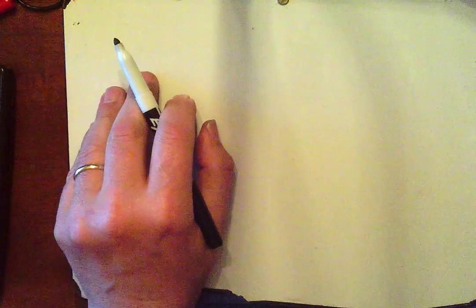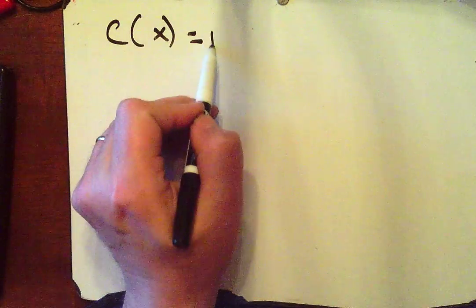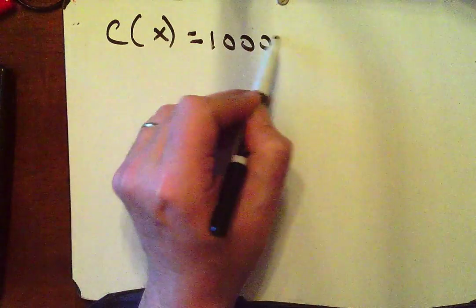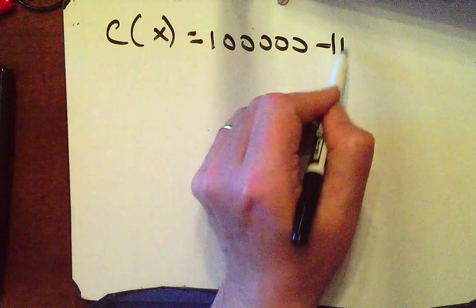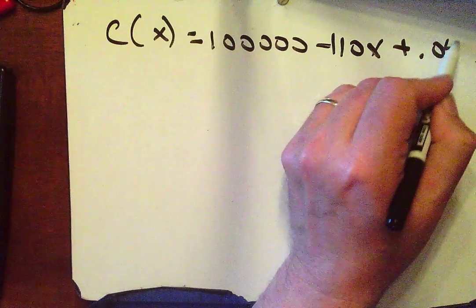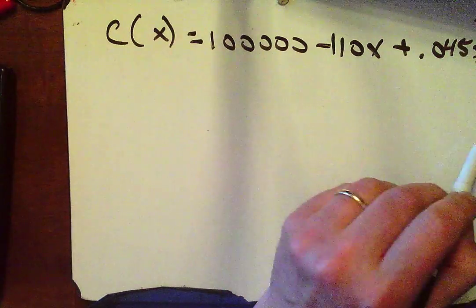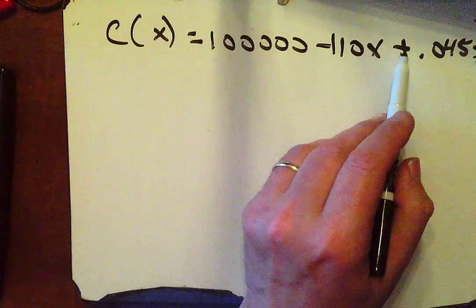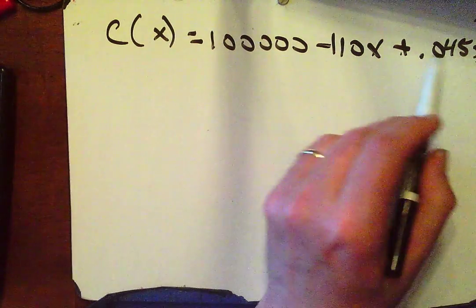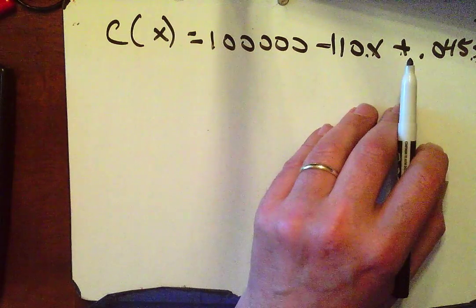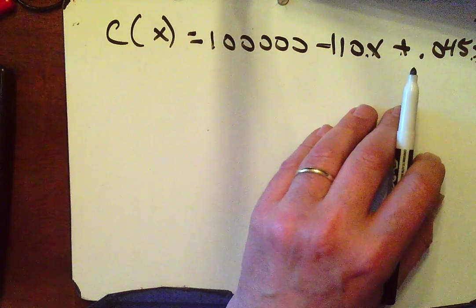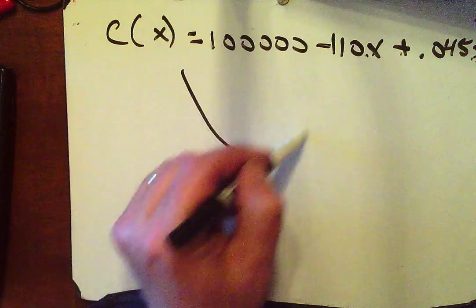Station 11. Ooh, look, another word problem. A textile manufacturer's daily production costs are modeled by C of x equals 12,123 minus 110x plus 0.045x squared. Okay, it points up. C is cost in dollars, and x is the number of units produced. Find the minimum daily cost and the number of units needed to produce that in order to make that minimum cost. Well, because this is an up-pointing parabola,